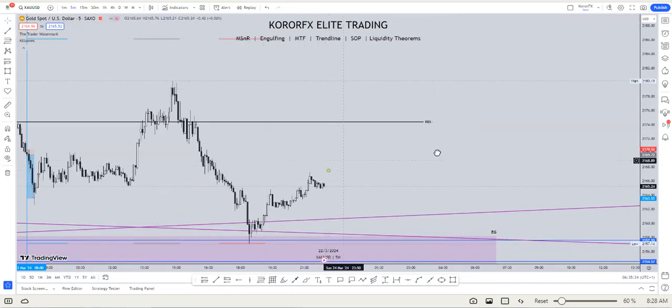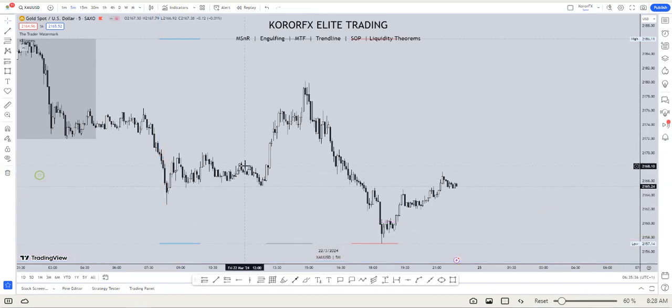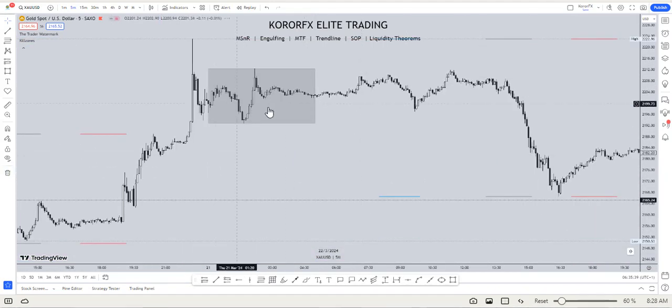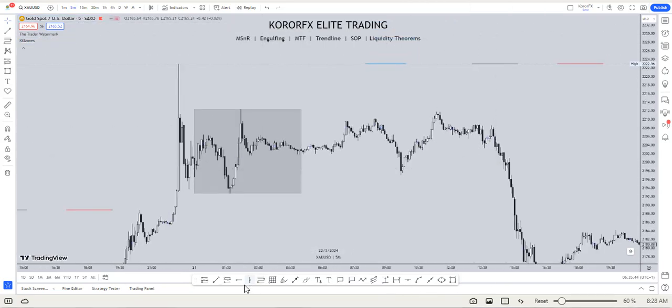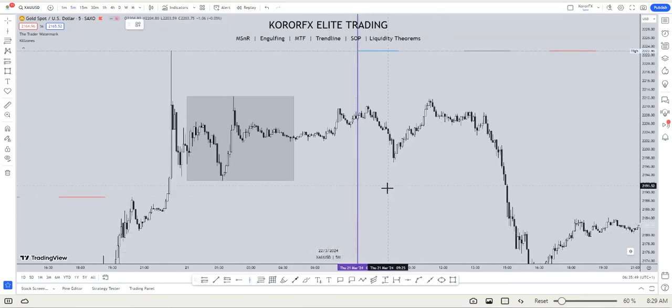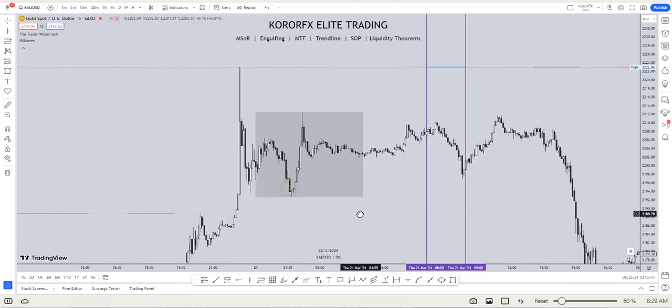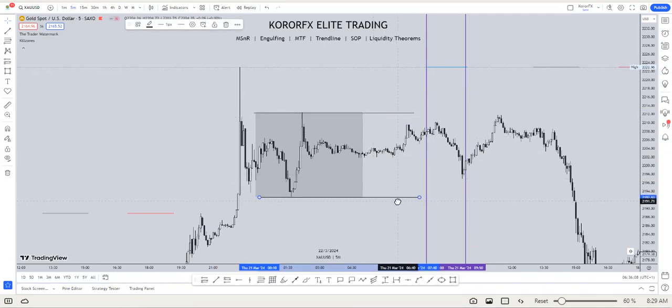Alright, and let me remove this information. Alright, for this market, let me show you. This is really an 8, and this is also a 10. Ask which entry model was formed before the price entered between 8 and 10. What happened here? That's what you want. So you can see that there is within range because price did not sweep the Asian session high and Asian session low. Okay,